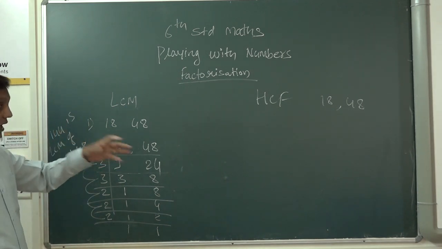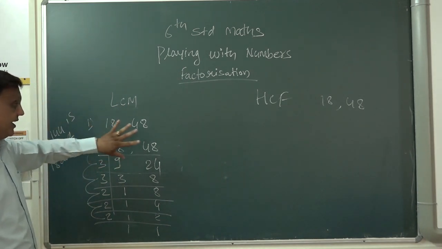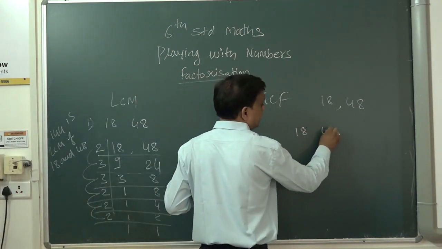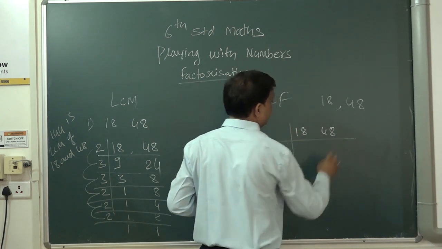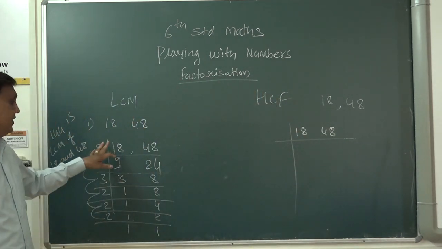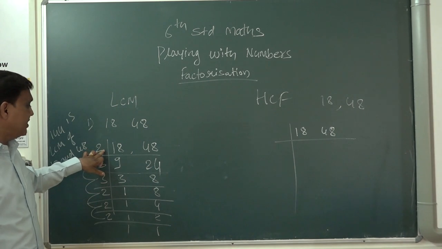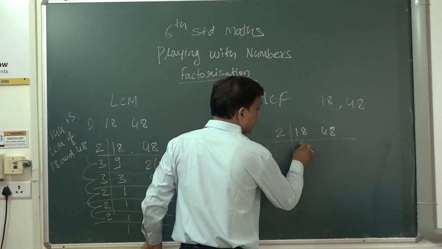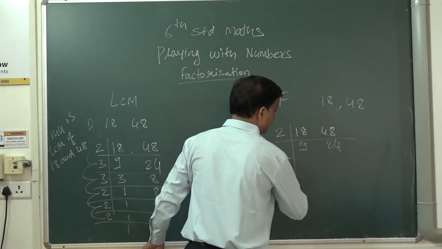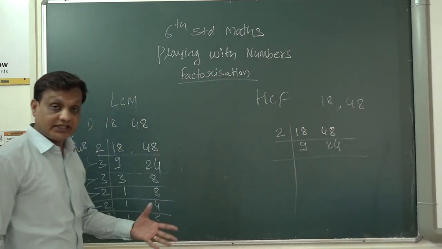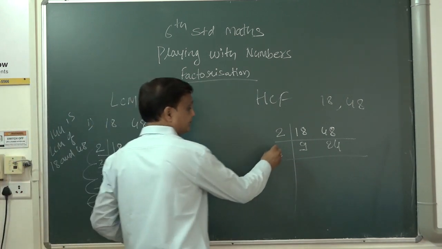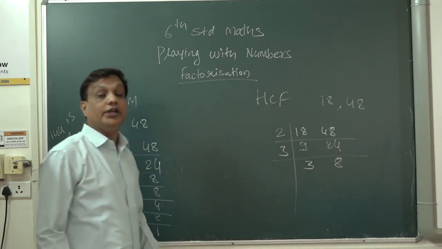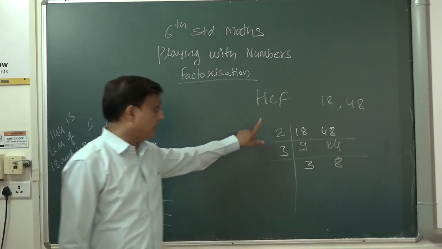So here I will tell you what is the difference between LCM and HCF. The same numbers I take. Now find the HCF of 18 and 48. Same way we will take. Now as you took 2 here, here also you can take 2. 2 9s are 18, 2 24s are 48. Next, they both come in the 3 table. 3 3s are 9, 3 8s are 24. Now here you have to stop for HCF.